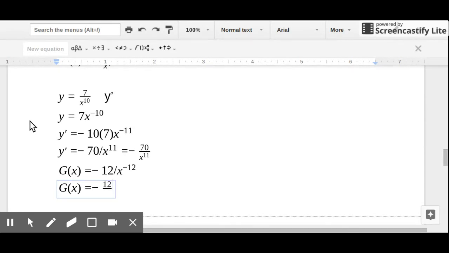We want to rewrite this. Yeah, I didn't need to do that. We want to rewrite this. So this x to the negative 12th is down in the denominator. We take it to the top, and it becomes x to the 12th power. All right, so this was that trick I was telling you about. Be careful about that.